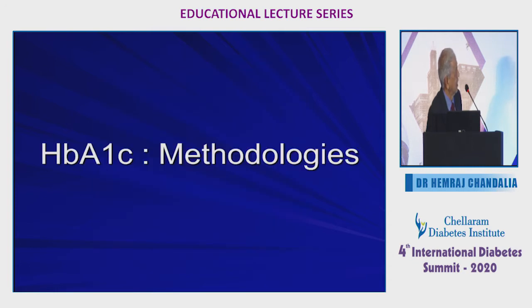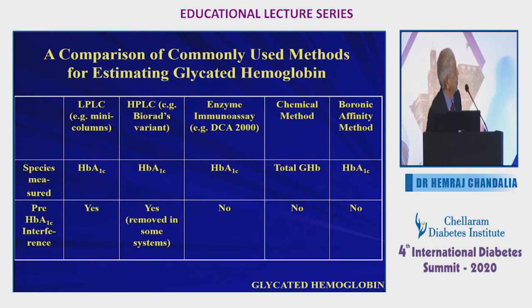The methodologies, again, I don't want to go into great detail because there are a lot of clinical aspects to discuss. But remember, most of the time, what we use now is really the HPLC method. Most of the laboratories use that. Standardization of A1C and what is called harmonization is still required in our country. But as most laboratories use this HPLC method, it does become comparable. The data from one part of the country should be comparable with another. Very rarely, this is the method we used for some time initially as a research tool. And of course, of the other two methods, the moronic capacity method is very promising, and some of the machines are using that particular method.